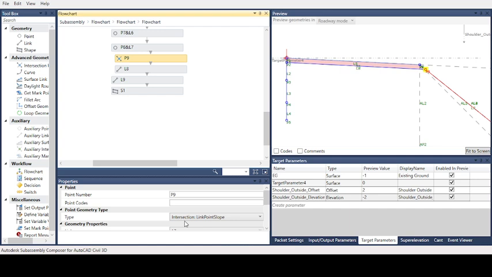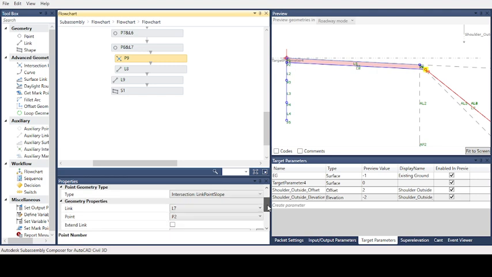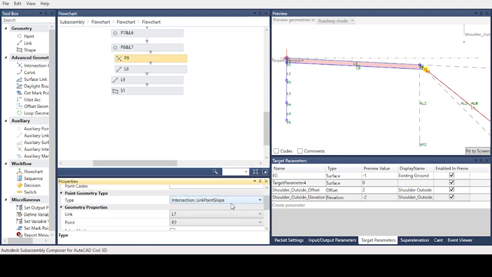We have different types of intersection that we will use. It is an easy method. The first is intersection by link and point slope, where there is a link, a point, and a slope. The second method is making an intersection of two links. The third is the intersection by two points and slope, where they have two points P1 and P2, and there is a slope. For now, we have a point, a link, and a slope, so we will use the link, point, slope method.